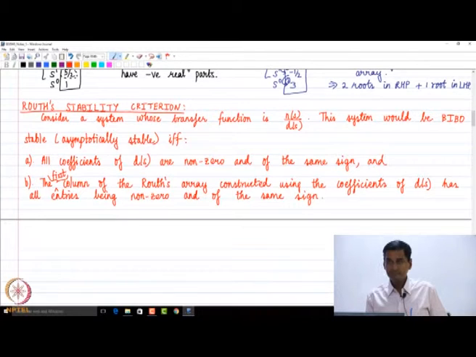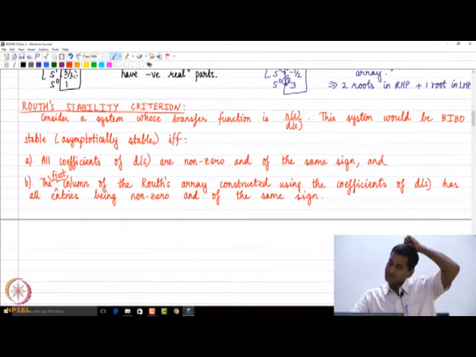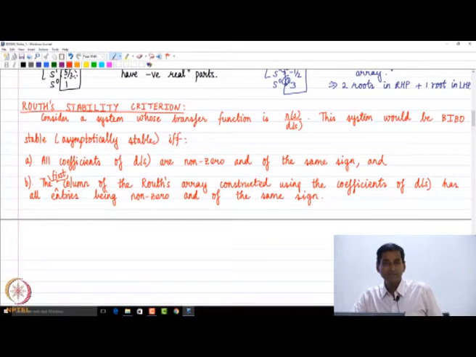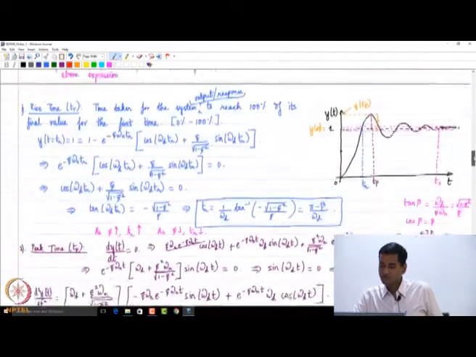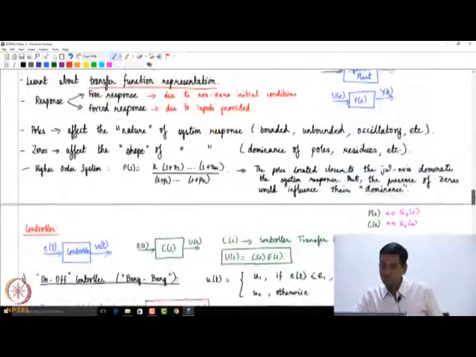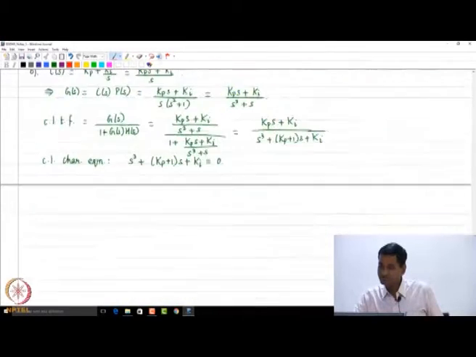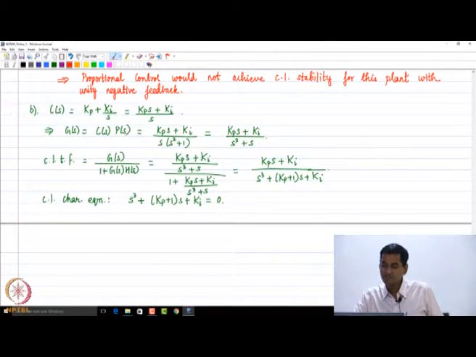Okay, fine. So we'll go back and now apply this Routh stability criterion to the problem that we are doing. So to complete this, I'll just take a couple of minutes to do that. Is this clear to everybody? Okay. So let me scroll down. I am just going to this problem. I will edit this file appropriately, but we are doing this problem where we are looking at the PI